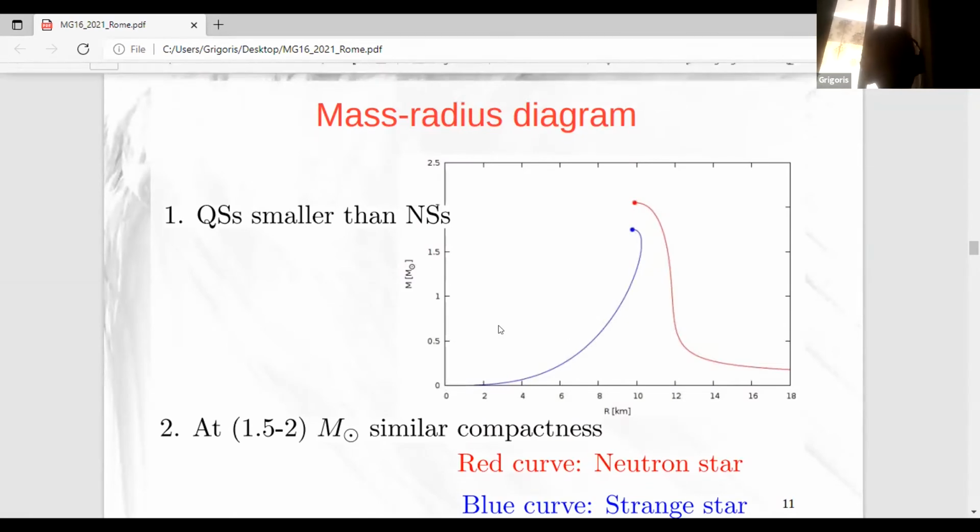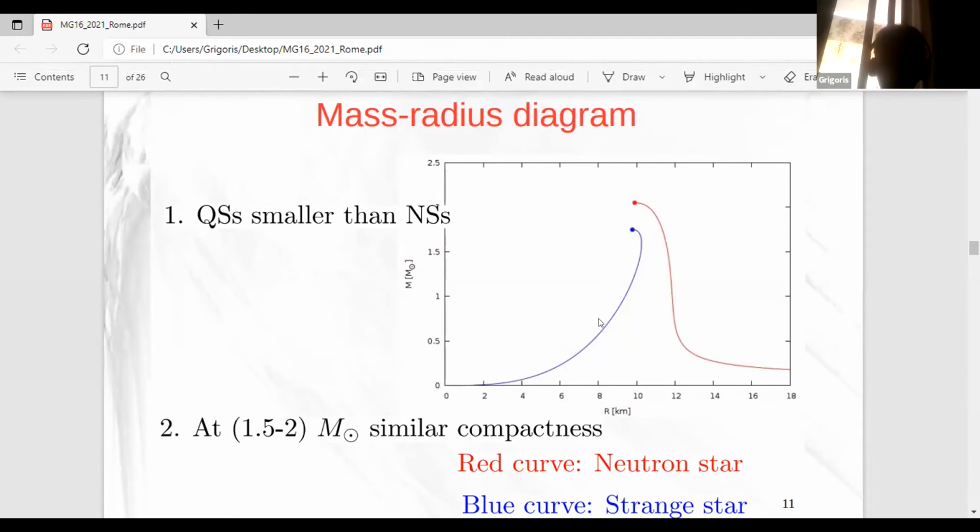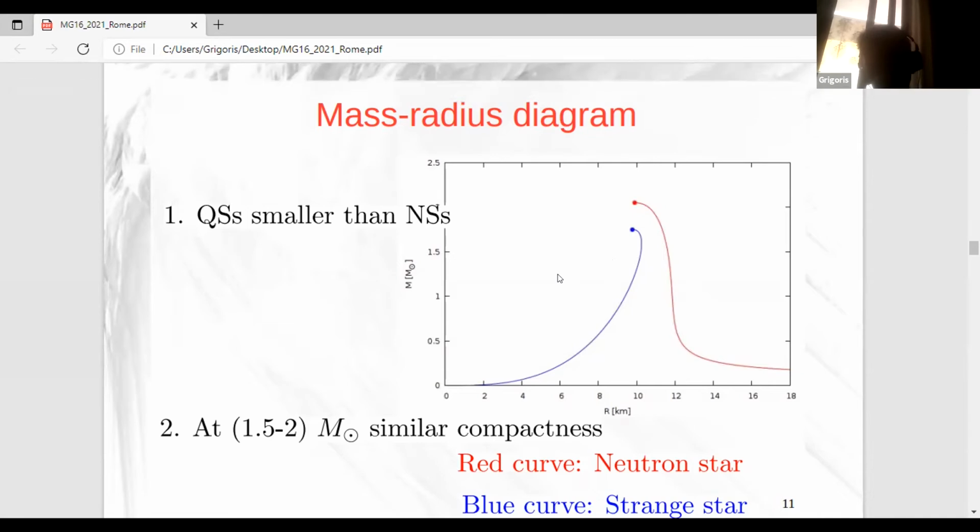numerically. The other thing is that if you look at the mass-radius profile for neutron stars here in red and for quark stars here in blue, you see that quark stars are somewhat lower. And in fact, there are some real objects that have been observed that exhibit peculiar features, for example, low radii, that cannot be explained by hadronic equations of state.